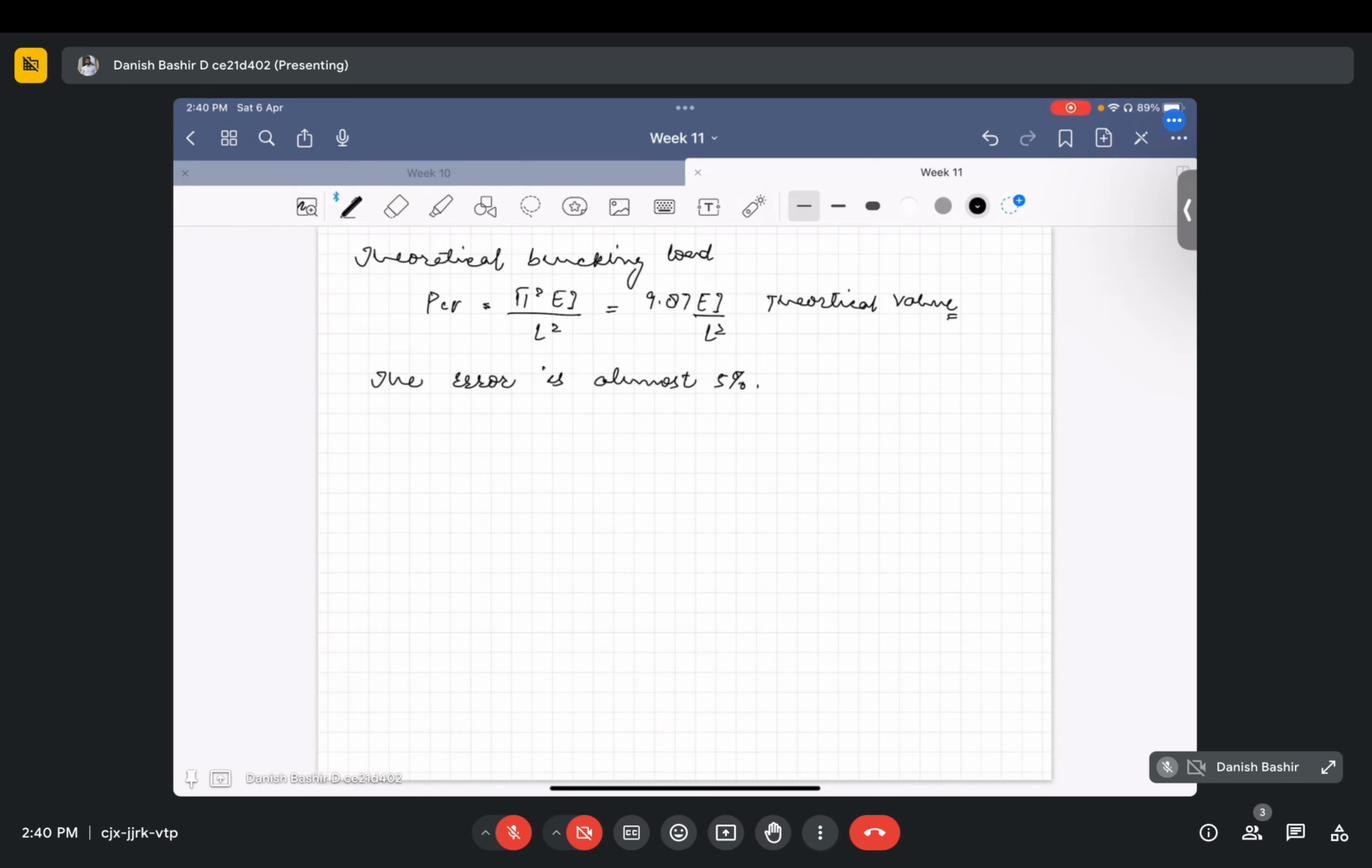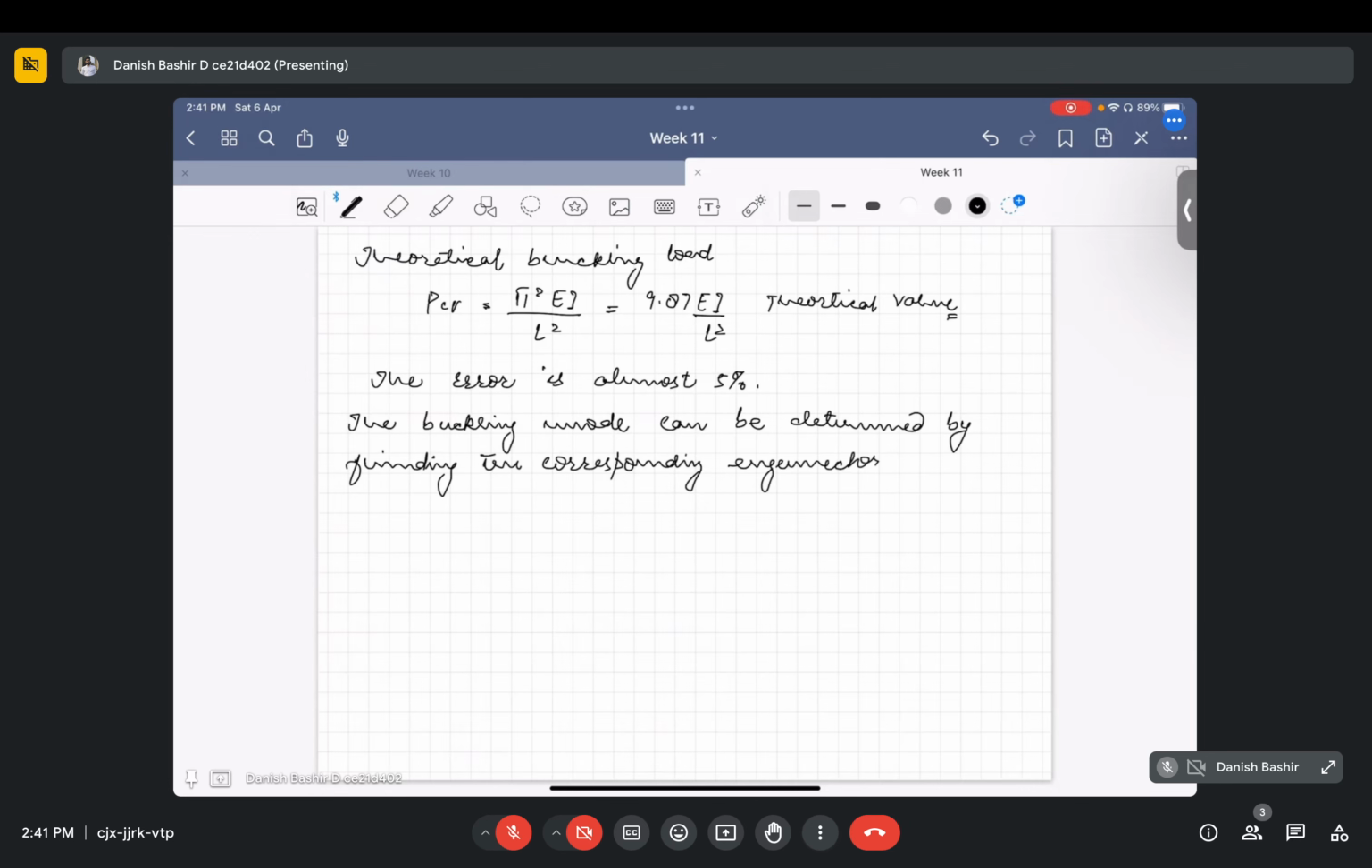So let me write that. The buckling mode can be determined by finding the corresponding eigenvector. Okay. So substituting